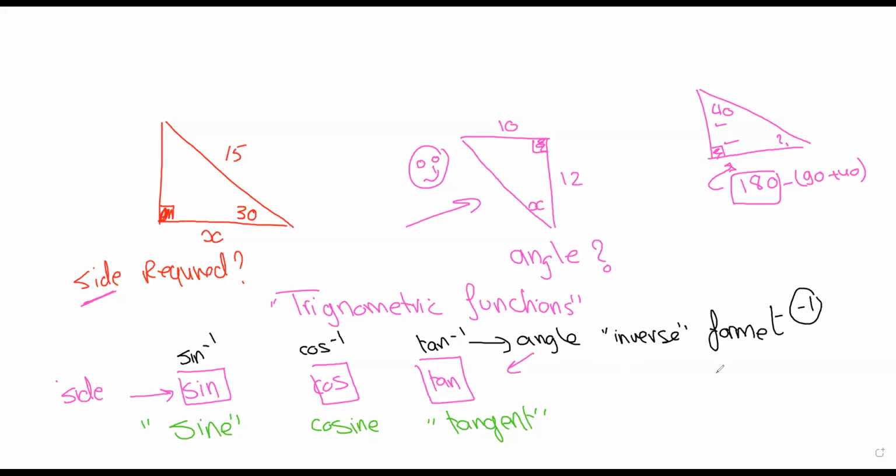Format -1 is what we use to calculate an angle, and the normal form is what we use to calculate a side. Now, before we get into these three rules and to see how they look and how we use them,